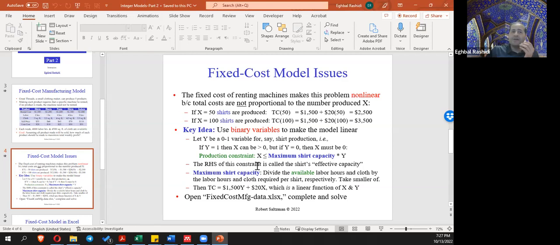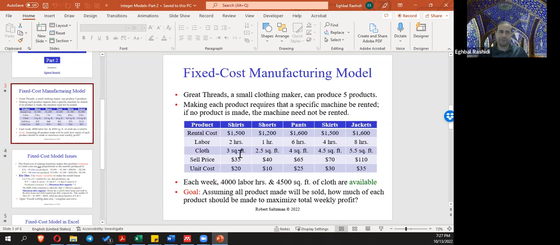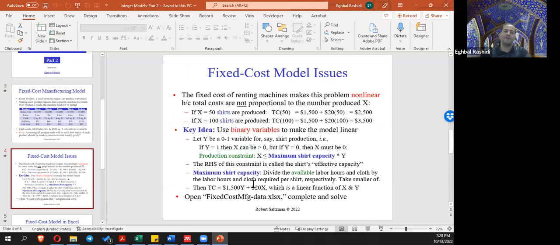The right-hand side of this constraint, the maximum shirt capacity, is the effective capacity, depending on the labor constraint and the cloth constraint. So we take the minimum of those. We divide the available labor hours, which is 4,000 hours, and the cloth, 4,500, by the labor hours and the cloth required by each shirt, respectively, and take the smaller value. For example, we have 4,000 labor hours available. For shirts, we need 2 hours of labor, so 4,000 divided by 2 is 2,000. And for cloth, 4,500 divided by 3 is 1,500. Okay, so the minimum of 1,500 and 2,000 is 1,500. So the effective capacity, or the maximum shirt capacity, would be